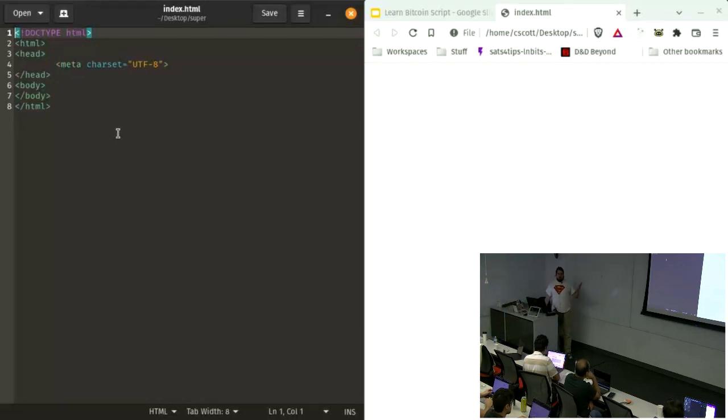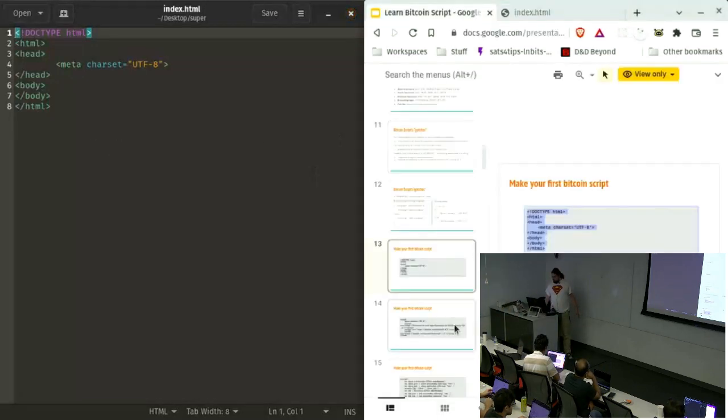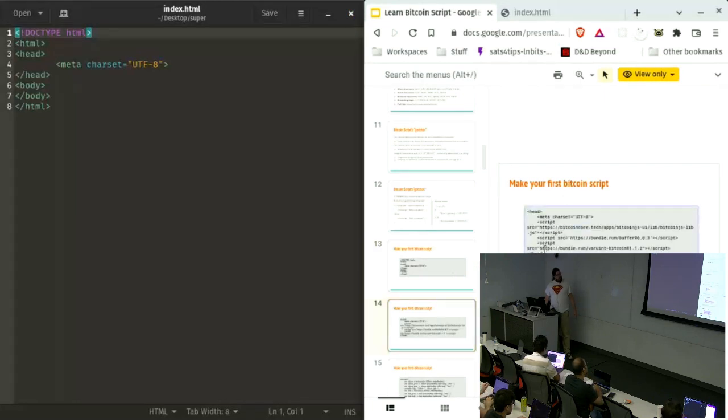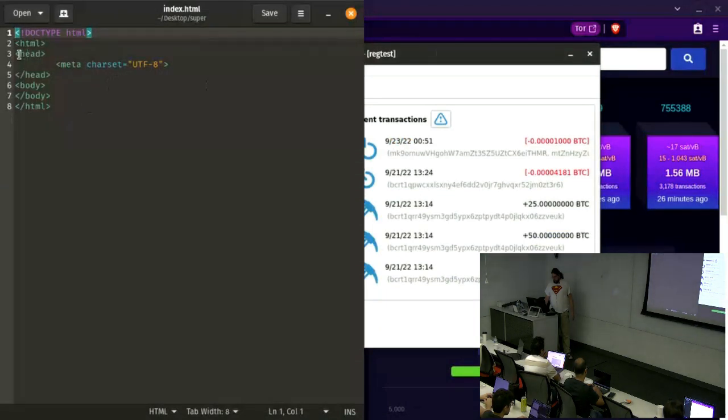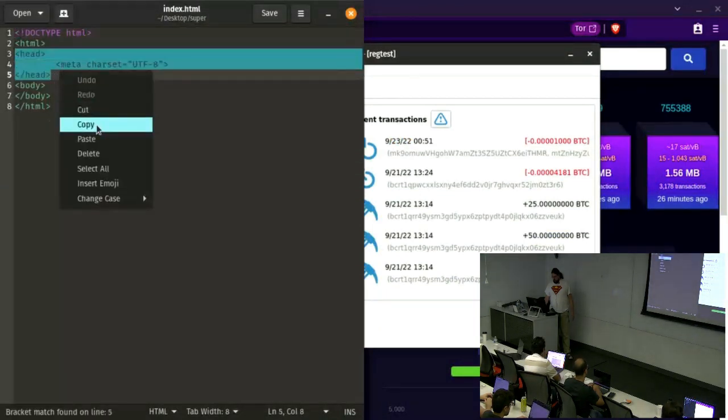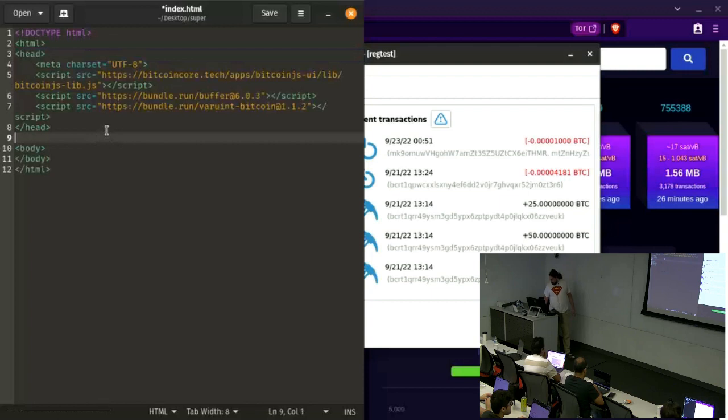Everyone caught up and you have a text editor open and we're ready to copy paste some code? All right, let's keep doing it. Next thing we're going to do is this code, which I know it's now hard to see. I might just minimize when I'm going back and forth between these things. So what is this going to do? I'm going to replace my head tags with this, and what it's going to do is import